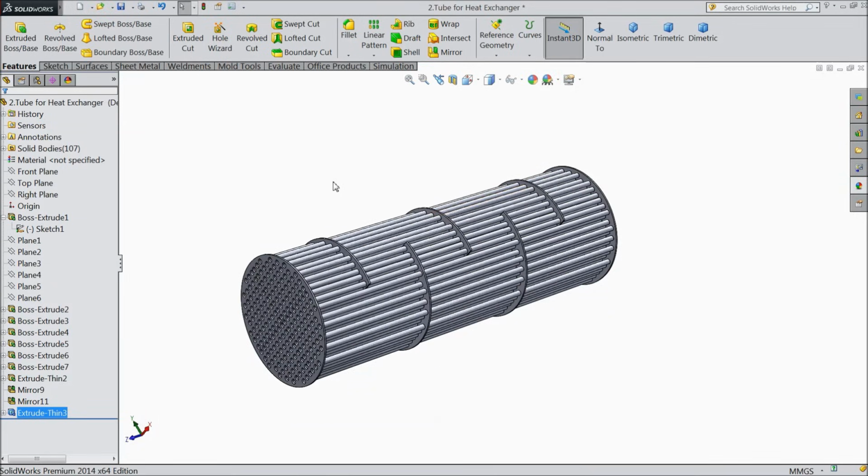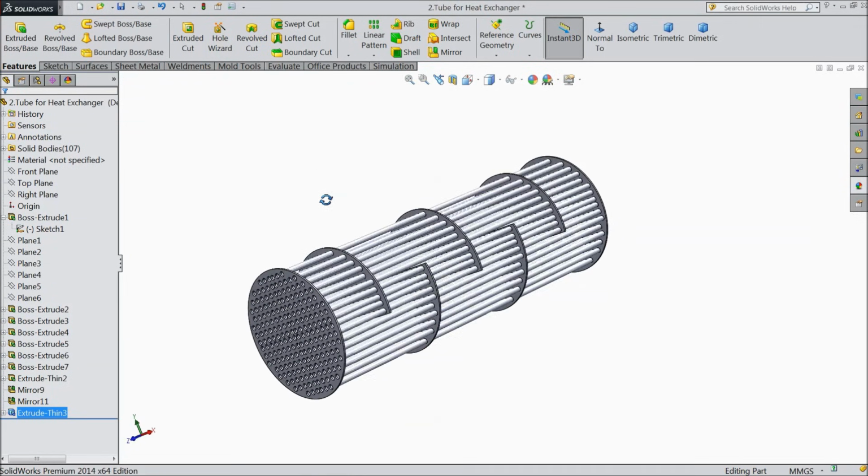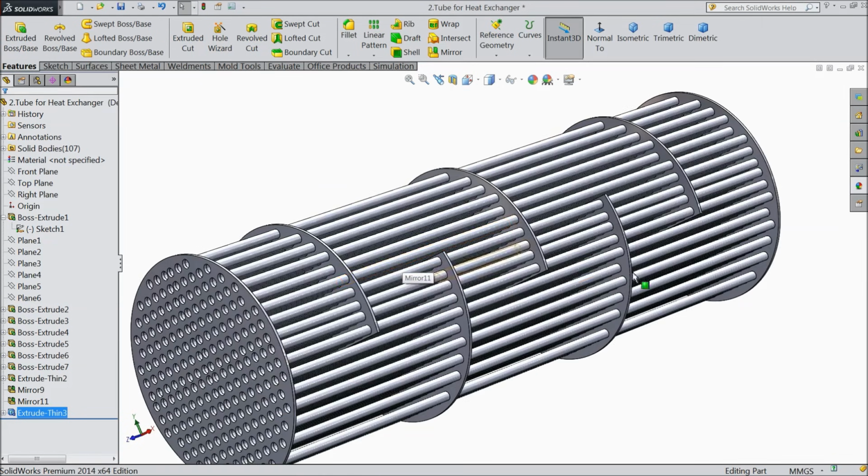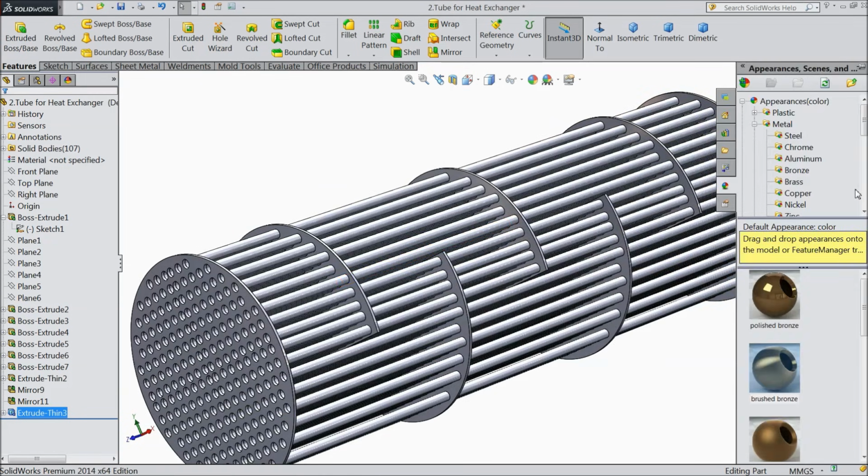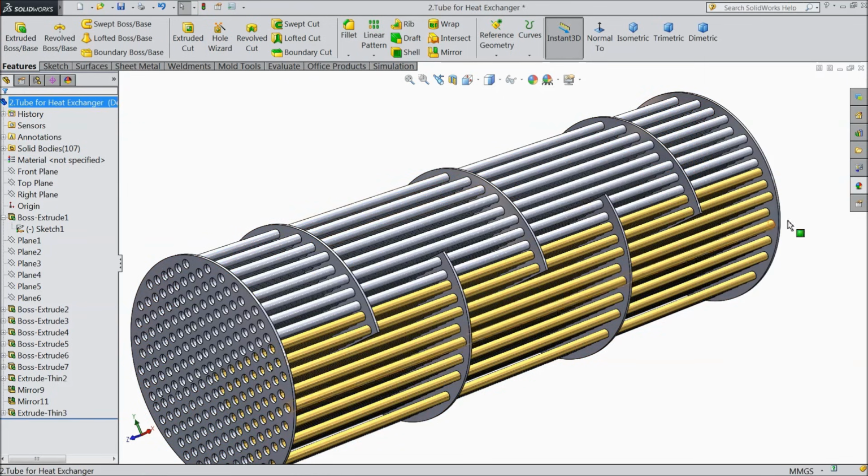Now our heat exchanger is ready. This is the heat exchanger body, and we will assign some material. Let's assign brass to the whole body.